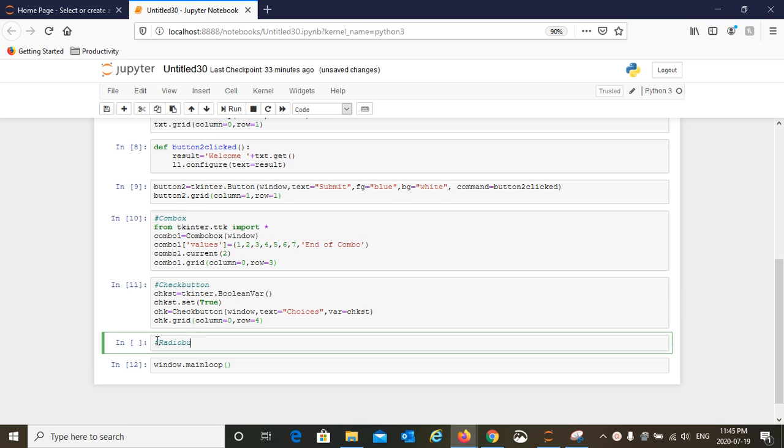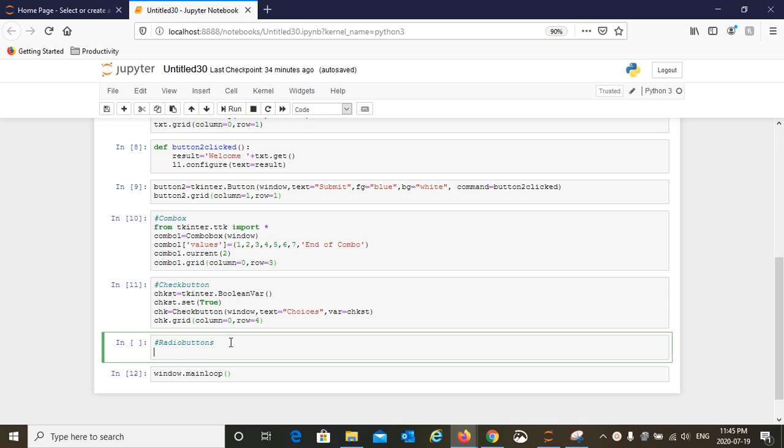Radio buttons, and this one is going to be in line with the check button, but with a little bit more values, right? Let's create one. I'm going to say radio 1, Radiobutton. Of course, it's going to be on the same window, and the text, let's say, is going to say Python, and this one is the first value, value 1.